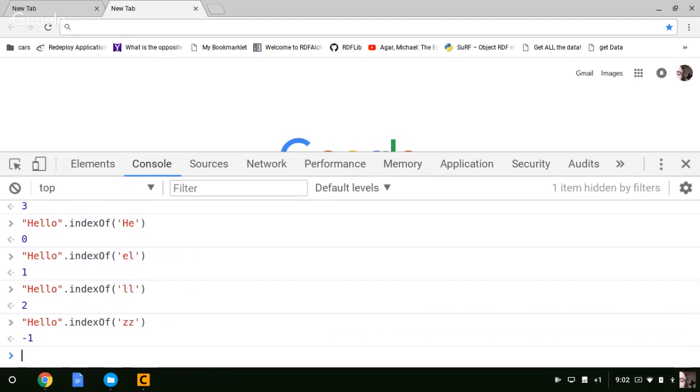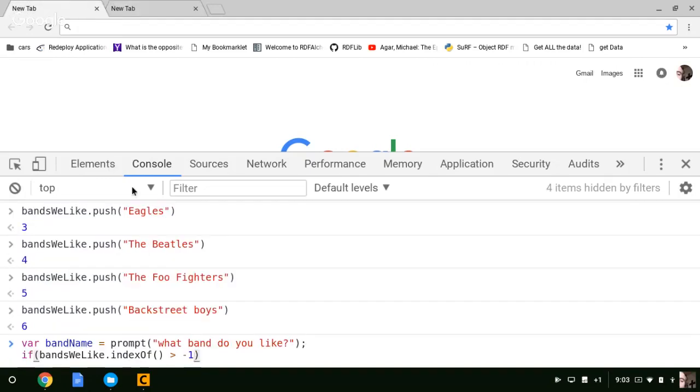Yeah, if it was a 5, it would be the index 4. So here there's no ZZ in the word hello. So I get a -1 because it's not there at all. So I'm checking, all we care about here is is it greater than -1? If it is, we're going to say,